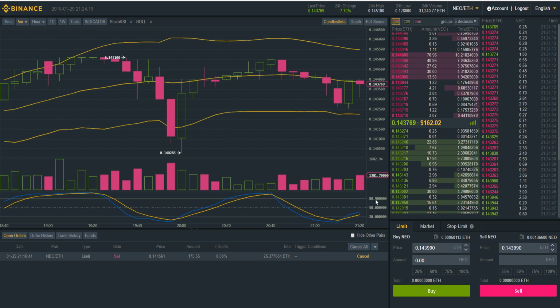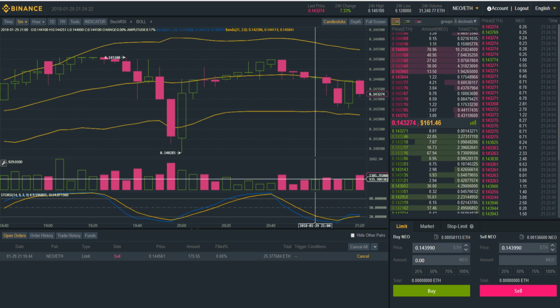I think we're going to go green still because look at these bands. They're separated. They're ready to go to the moon. Well, not to the moon, but...